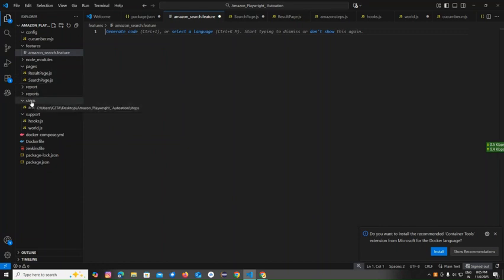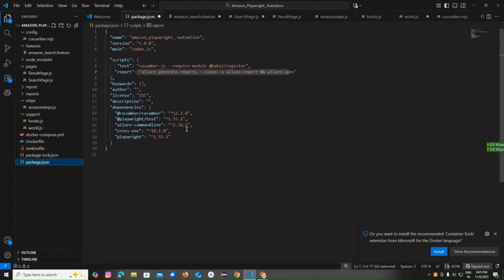And next, we created steps, where we added Amazon steps, and we added hooks. We added Docker files, since I told you we are going to integrate with Docker and Jenkins, and we added the package.json in our framework. This and all we did in our previous